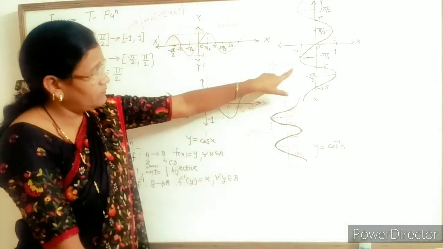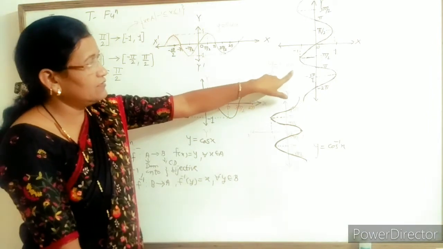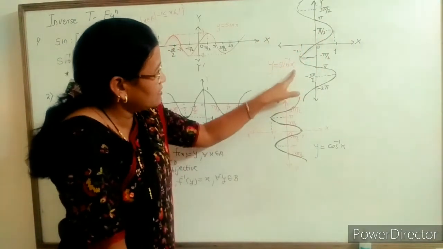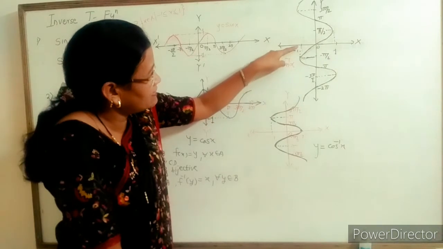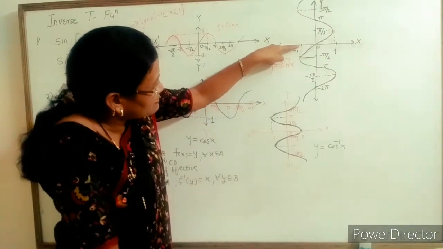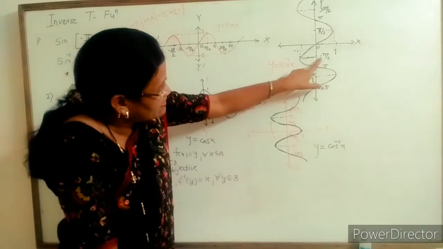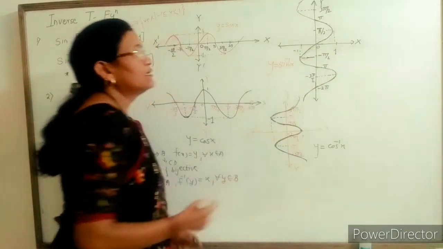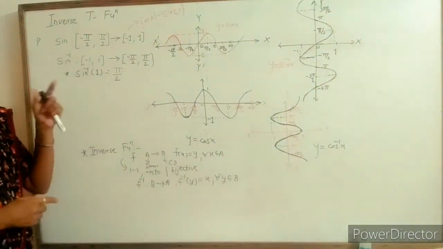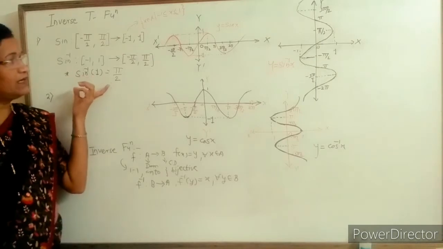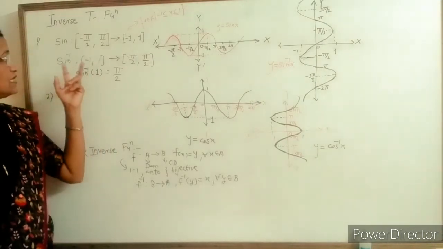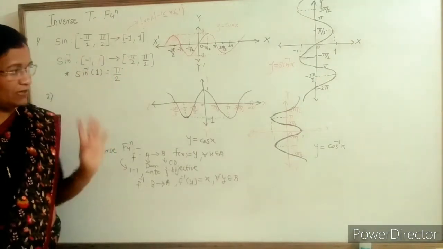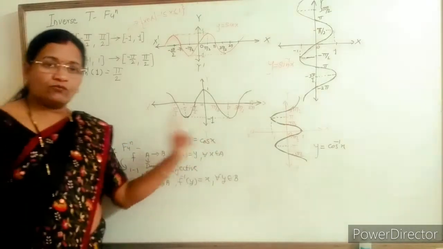By using this concept, if we take x equal to 1, sine inverse 1, for this 1 you can take the angle π/2. Likewise, you may take x equal to -1, meaning along the x-axis this value is -1, and for this -1 you get the value along the y-axis as -π/2. So by using this graph, we find the inverse function, which can be defined along the y-axis, for values of the sine inverse function between -1 to 1, but the range for this function is -π/2 to π/2. In similar manner, we can define the cosine function.